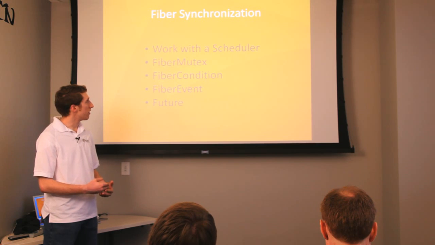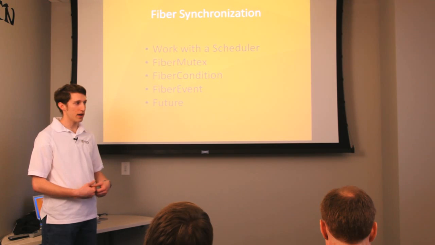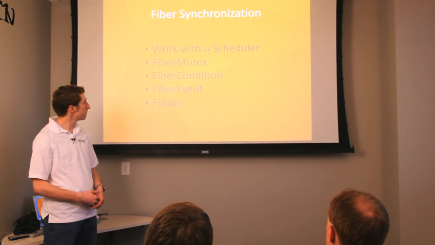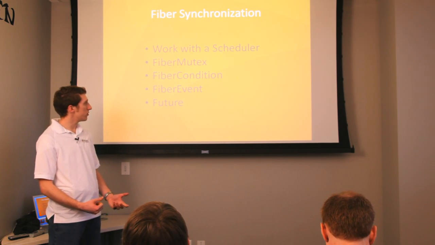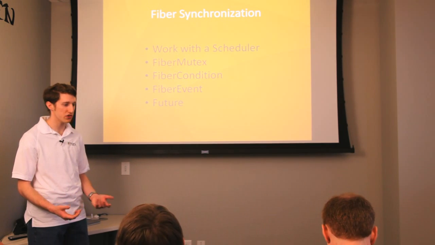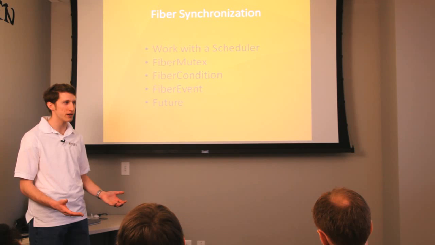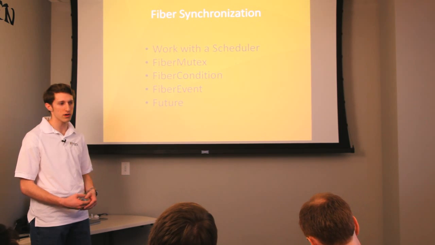When you try to acquire a fiber mutex, you just get put in a queue. And when you release, it schedules the next person in the queue. Fiber condition is a condition variable for fibers, same thing. Fiber event is the same thing for fibers. An event is not as broadly known. On Windows you have them, and it just allows you to very simply signal the event or to signal to